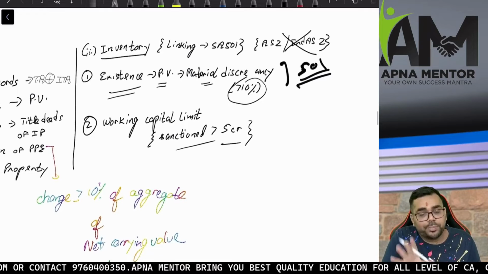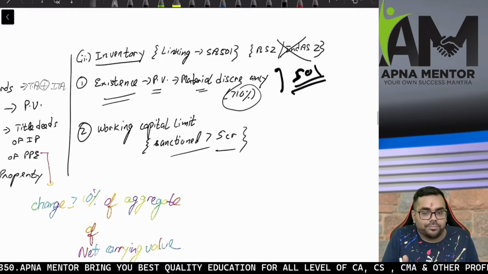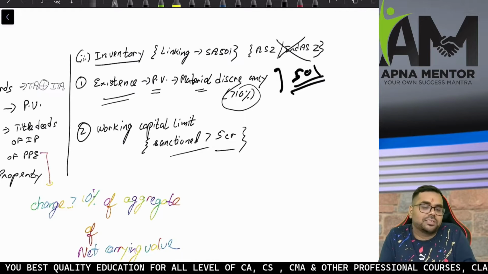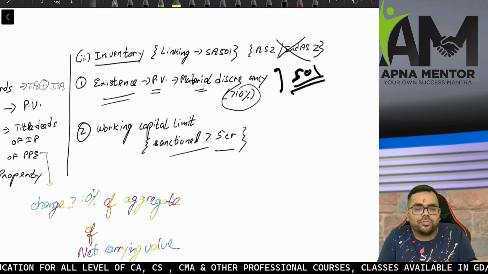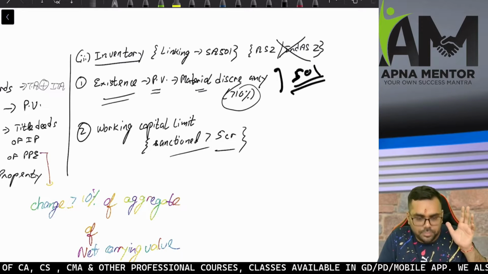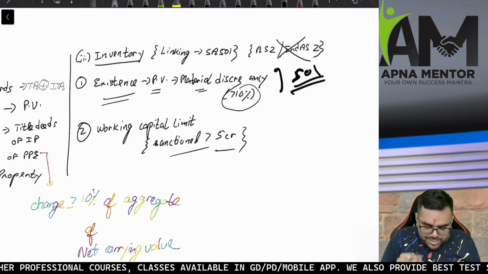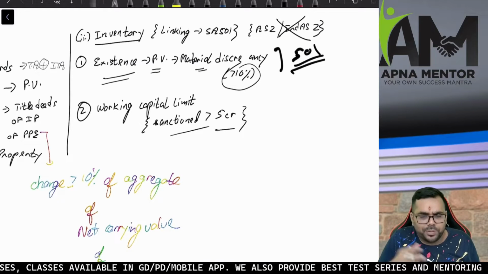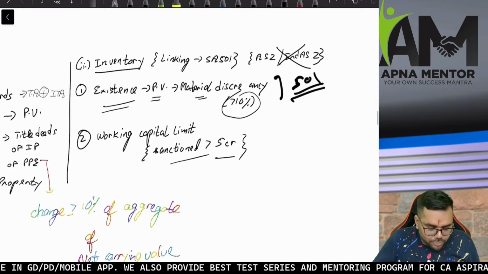Secondly, what normally companies practically do is that they avail working capital limits against their inventory. They say we have so much inventory, so grant us a working capital limit, and the financial institutions easily grant a working capital limit on the basis of inventory, and the companies are required to file a quarterly statement regarding the inventory position they hold. So as an auditor, I need to report if the working capital limit sanctioned is more than 5 crore, whether the company is properly filing the returns or not, and whether the details given are proper or not. So that is what I have to report as an auditor.